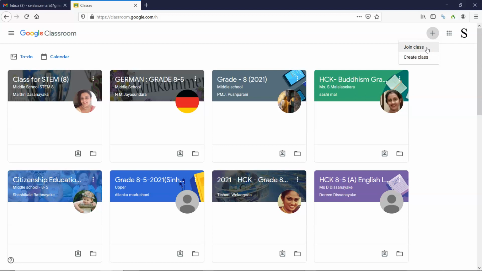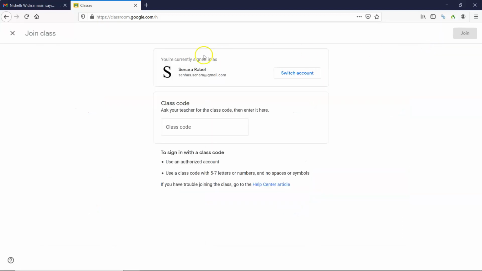Click on join class, right? So by the way, this is my daughter's account, right? I can't become a student of my own class, right? Because I'm the teacher, right? So I have to have another account, right? So my daughter's account, right? So that's where you paste the class code, right? And then you click on join,